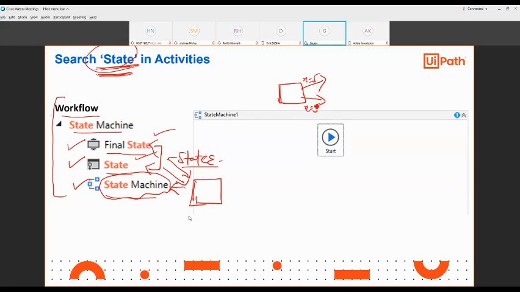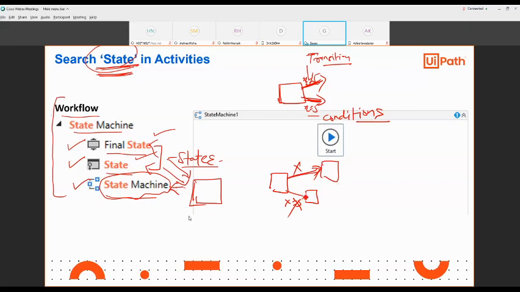How will you choose a path? Because both conditions are the same, it is confused about which one to go to. So the conditions should be different for both transitions. You could have one with no condition and one with x equal to 5. But if both have nothing, how will you decide which path to choose, the upper one or the lower one?